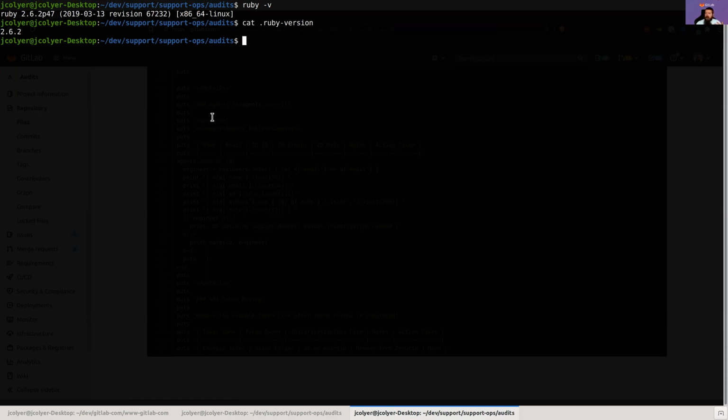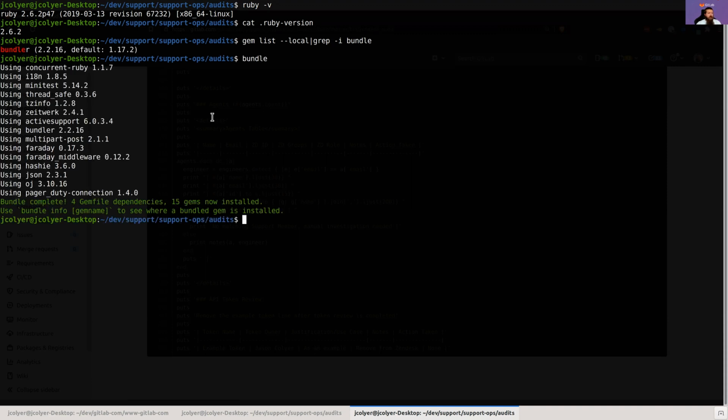From there, you need the gem bundler. So I can do gem list --local, grep -i bundle. There's bundler right there. So cool. What I can do is just run bundle. This is going to read the Gemfile and install all the things we need for all the audits we're doing. Now, from here, you would go to the bin folder, and then you want to run the Zendesk audit